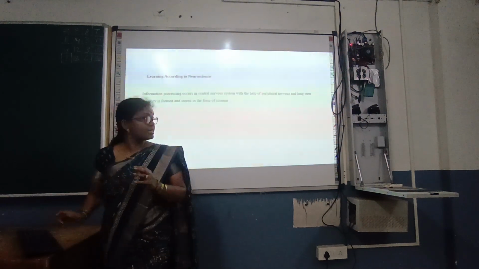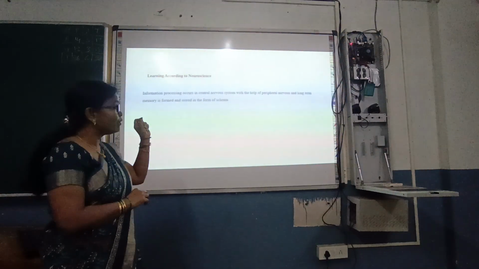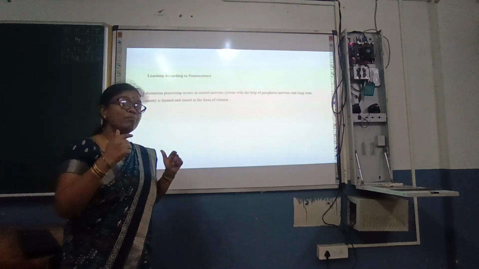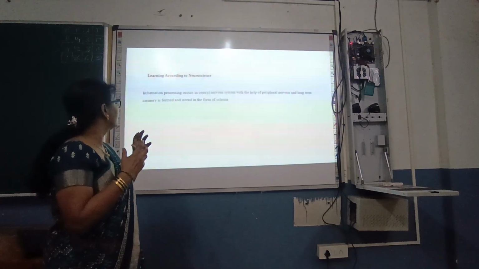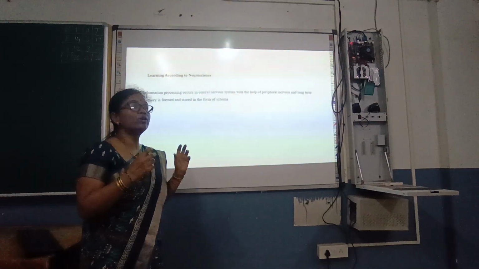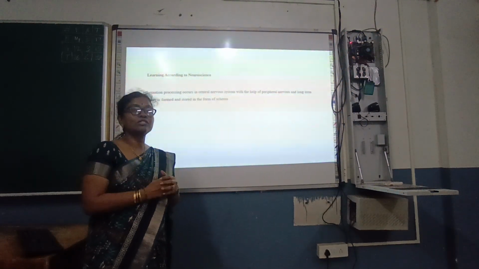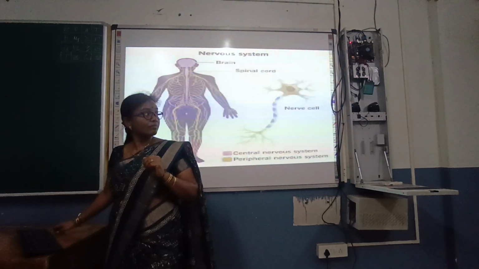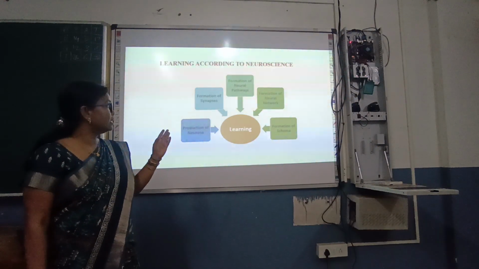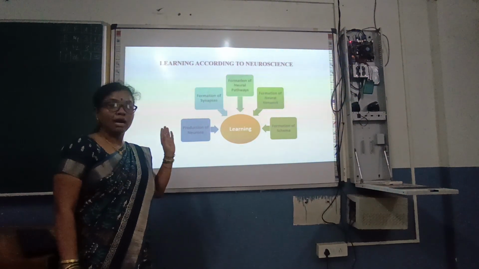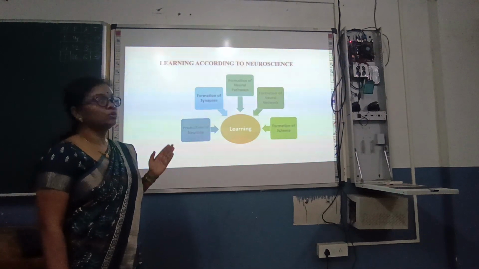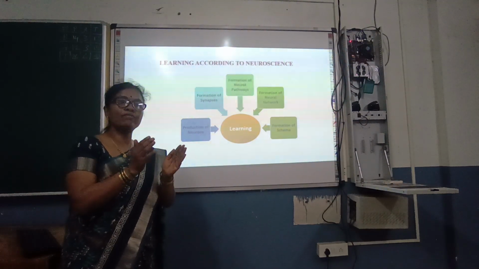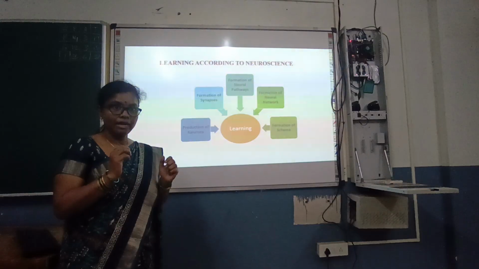In our previous slide, we have seen that information processing occurs in the central nervous system with the help of the peripheral nervous system, and long term memory is formed and stored in the form of schema. That is called brain based learning. Students, now here are some points which we should understand, learning according to neuroscience. We have just seen that in neuroscience, information processing is learning, and in this